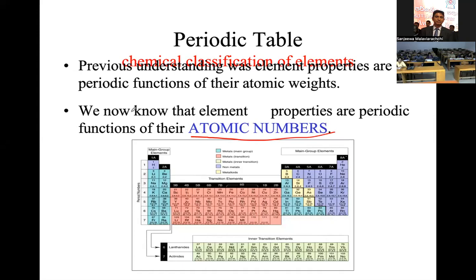Okay, you know about the atomic numbers. That means in the periodic table, we have elements, and this is a characteristic feature about the atomic numbers, right? So all the properties of these elements depend on these atomic numbers. They are a function of this, okay? This you know already, right? So